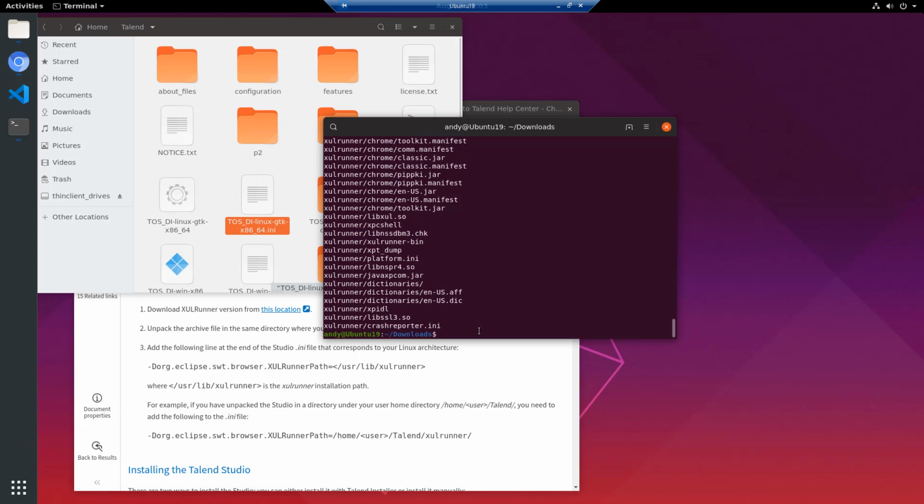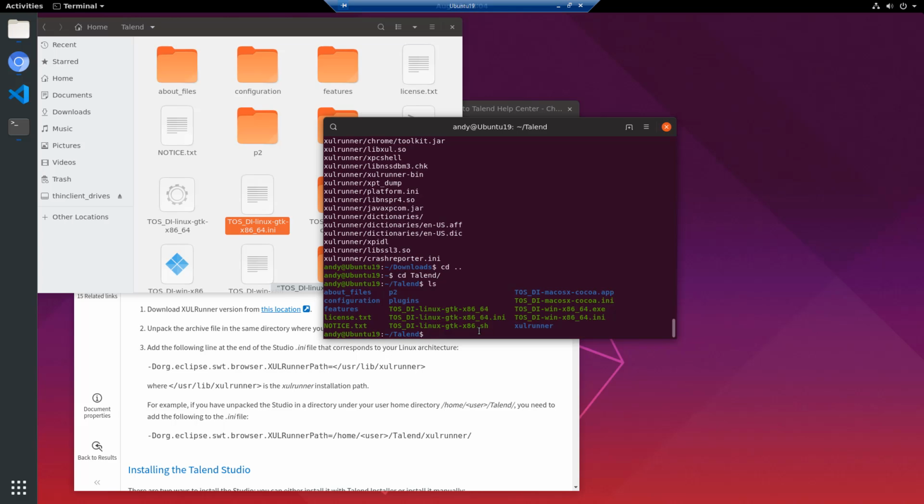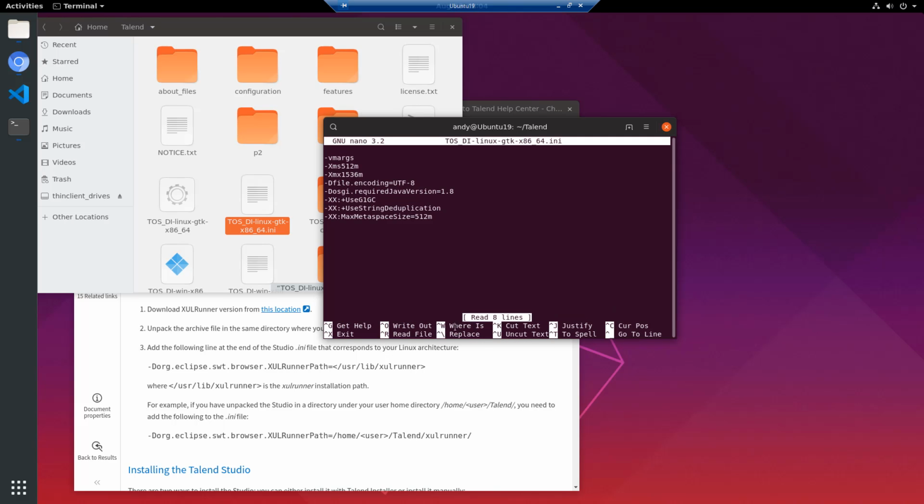So let's go here, and I will just go to Talend, right? So I'll back out of here, go to CD Talend, right? And it's this one I want. So I'll just copy that, and I'll just sudo nano into it. And it looks like that. So I can just copy this,